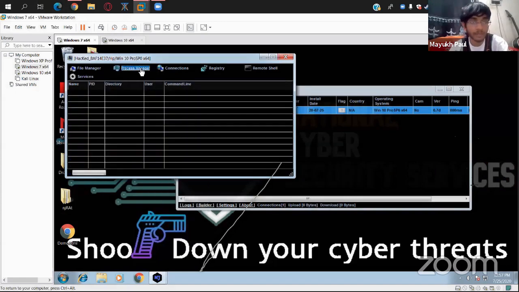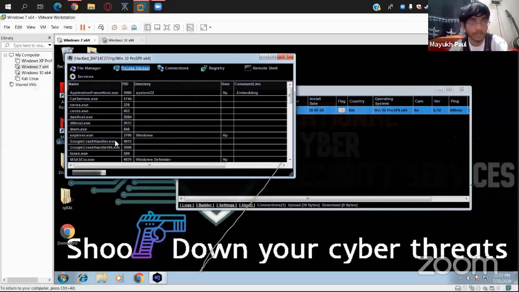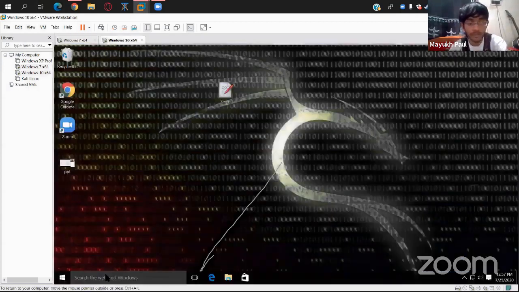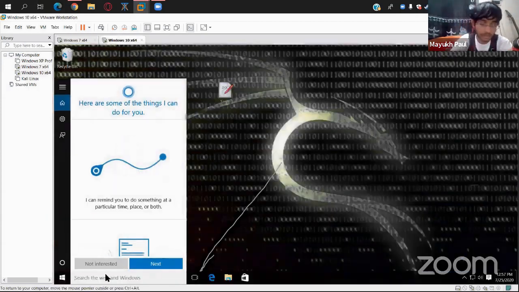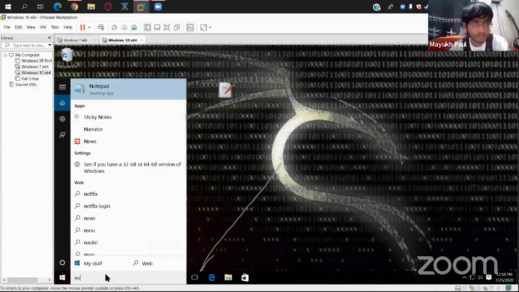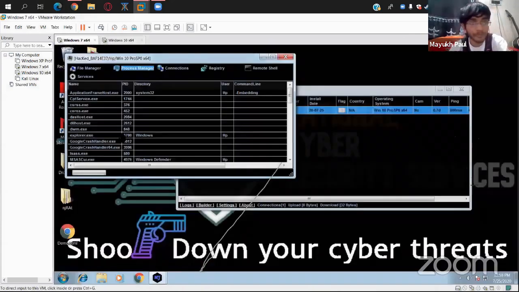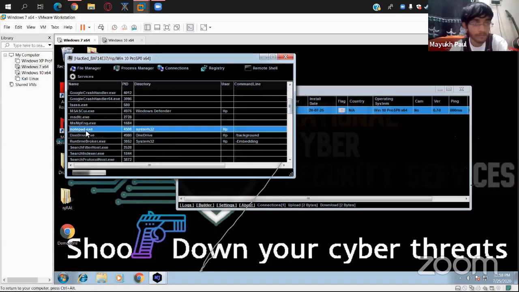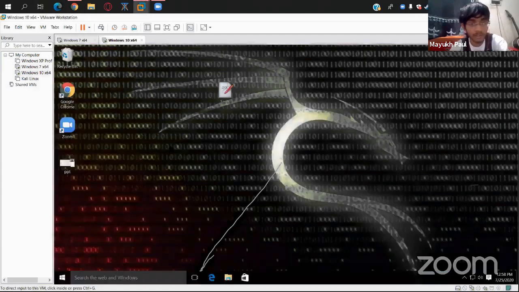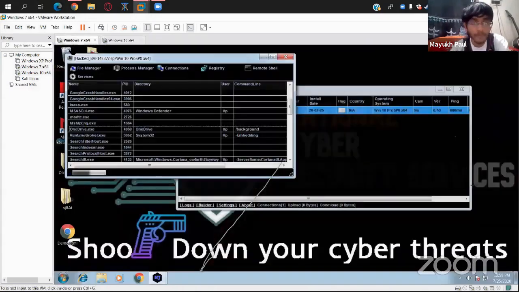Similarly, I have the task manager list. I can see what other processes are running. How can I use that? Let me show you. For example, a victim opens a random application in his system. Let's just open Notepad for now. Okay. So as you can see, all the processes that are running in the system are shown here. Here you can see Notepad. If I kill it, the file gets closed. All the applications running, you can just control from here.